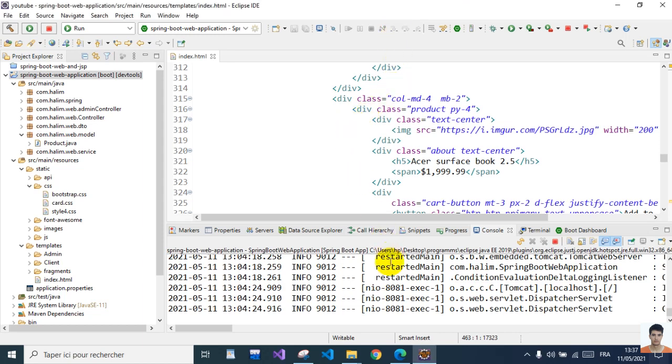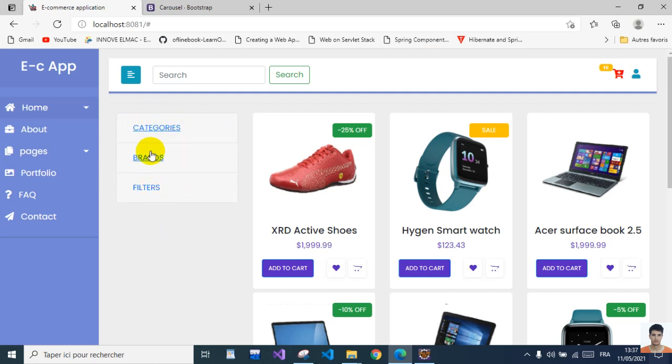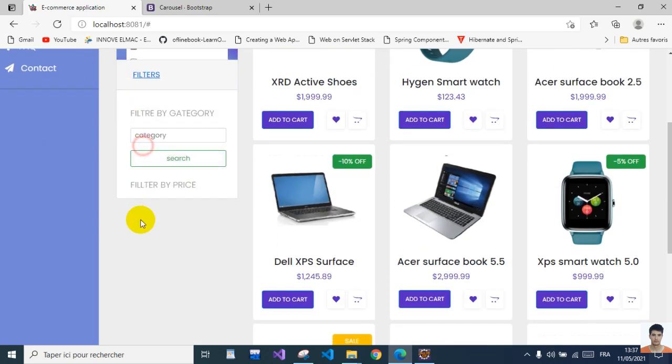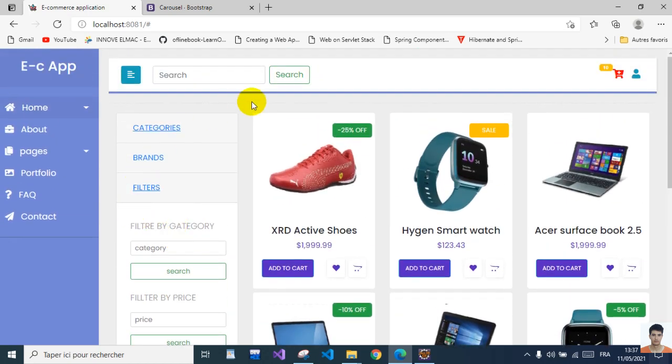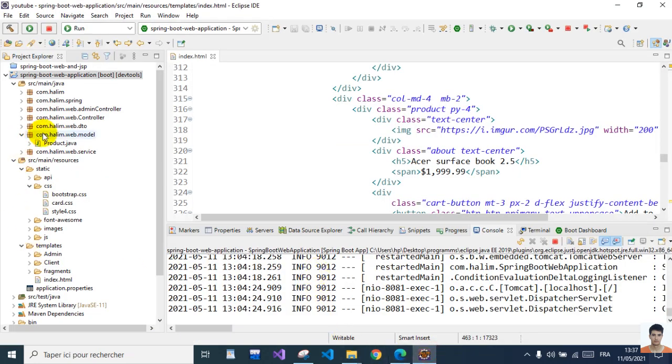So in the last video we've seen how we edit this product card here and this little accordion here to see the category, brand and filter. So now we have to start implementing things. So we said we want, if we click here, we want this category first. So let's go and create the category model,